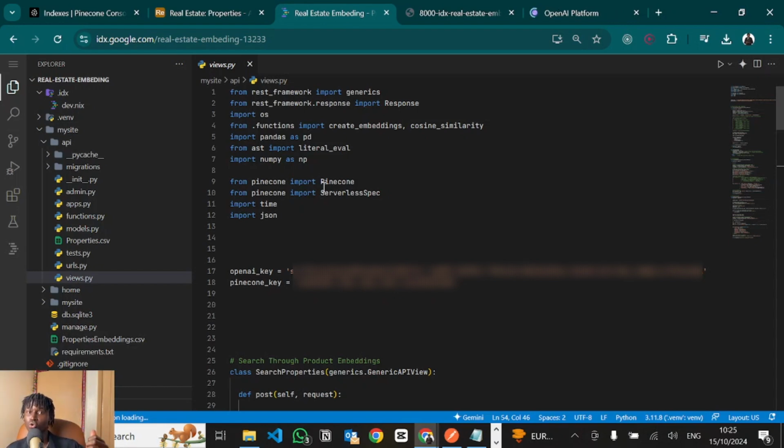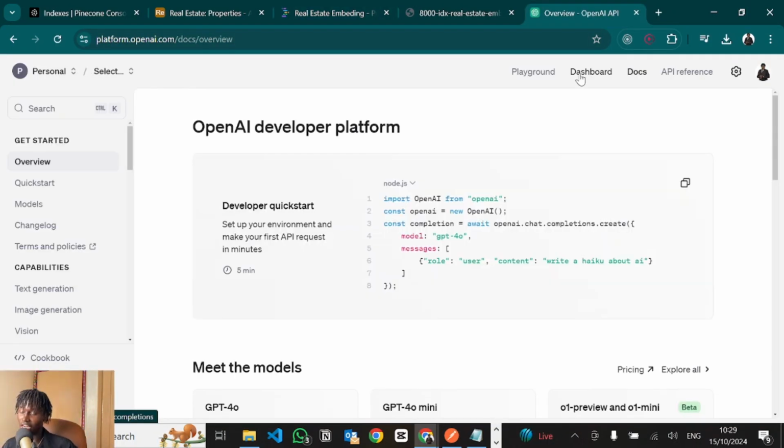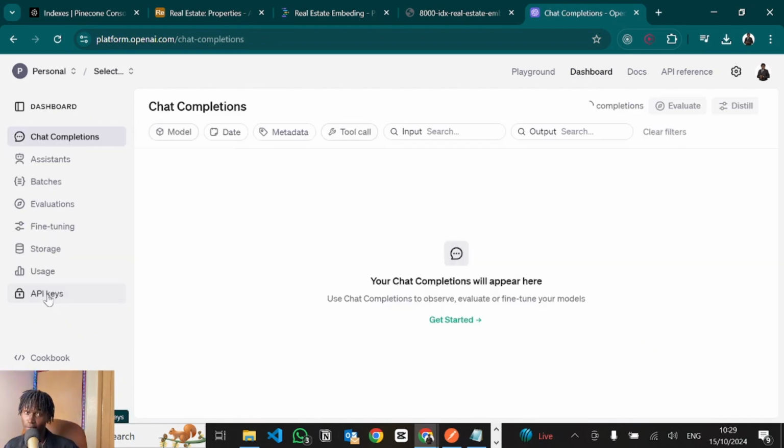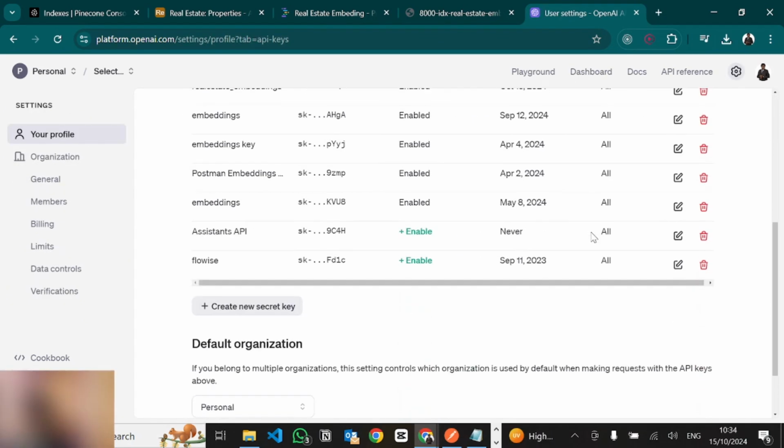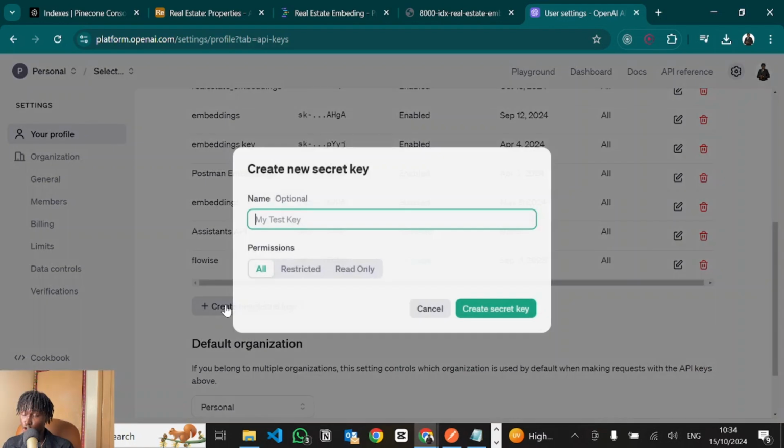For that, you'll need to have an OpenAI API key. So what you'll do is go to platform.openai.com. If you don't have an OpenAI account, ensure you create the account, then log into your dashboard. Then click on dashboard over here, then API keys, view user API keys, scroll down, create new secret key,